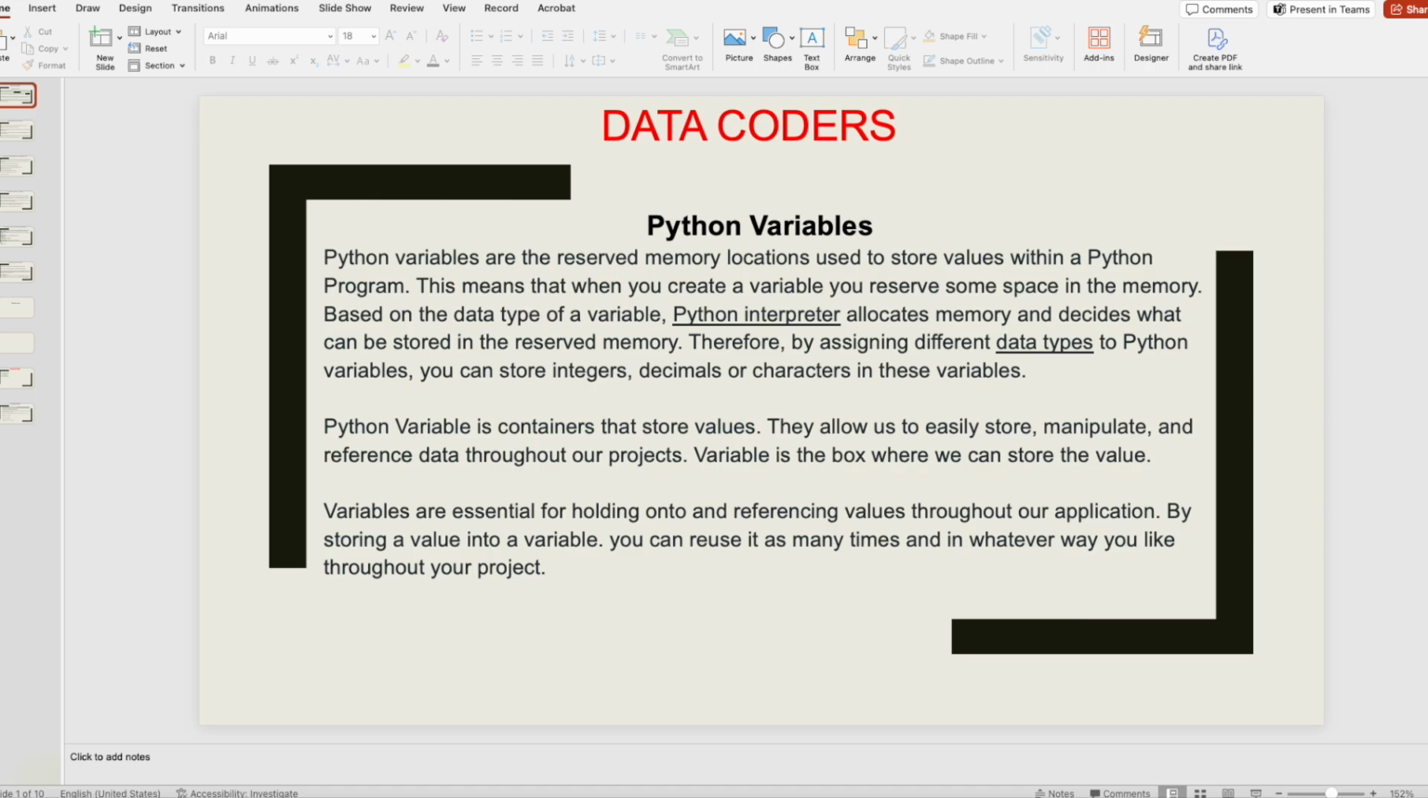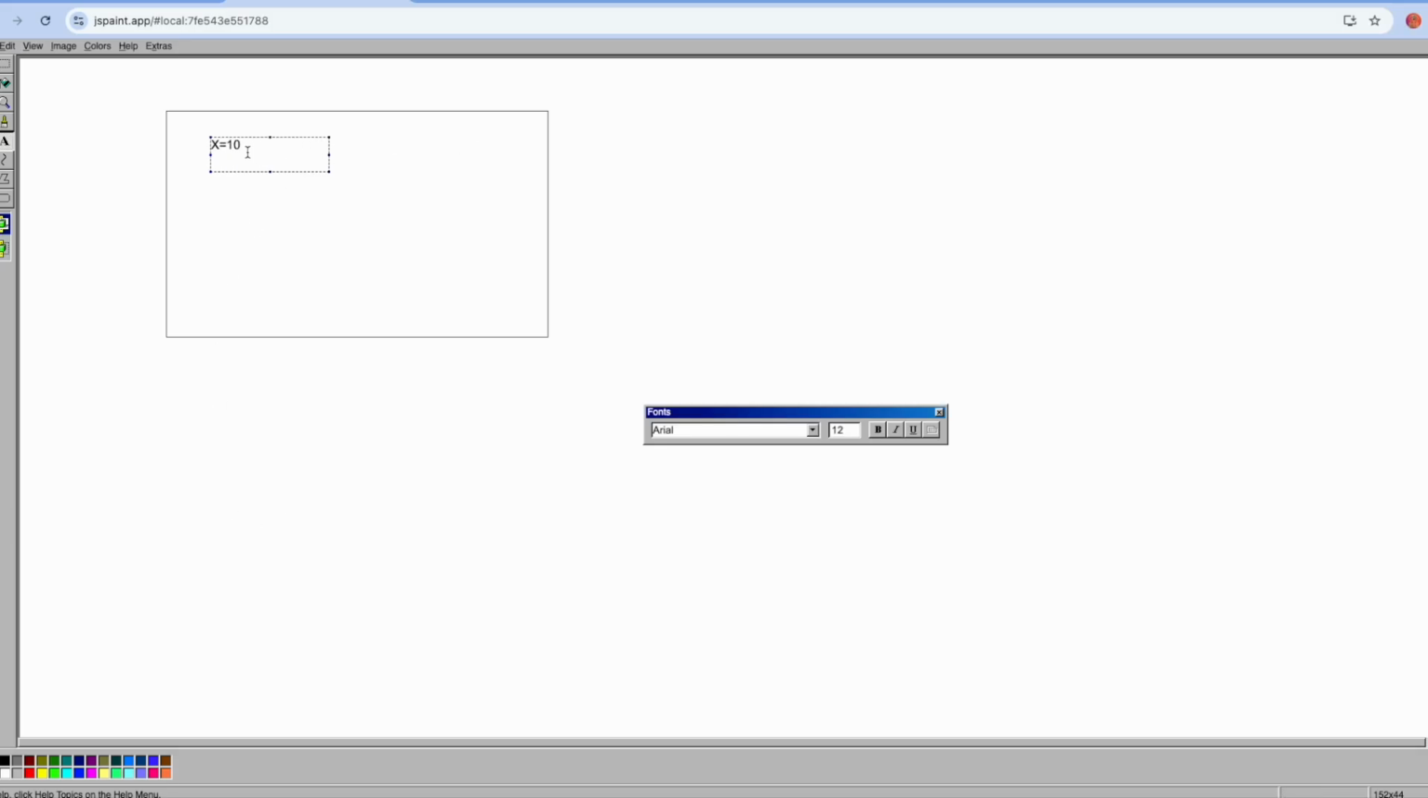So here we are creating x = 10. That means 10 is the value, and we are assigning it to x. As of now we don't know whether x is a string, an integer, or a boolean. We are not assigning that here. What it will do is just reserve some memory inside the system. So for x = 10, it will go and reserve that